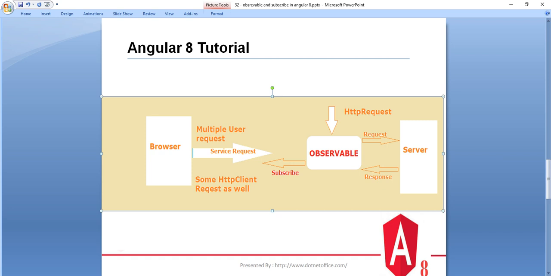So it stops further requests; it can't proceed with further requests until it gets the response from the server. So that's a big problem, it can't continue. To handle this, Observable came in Angular 2 or later versions. What it does is process multiple user requests asynchronously, so once it gets the response, other requests also work asynchronously.